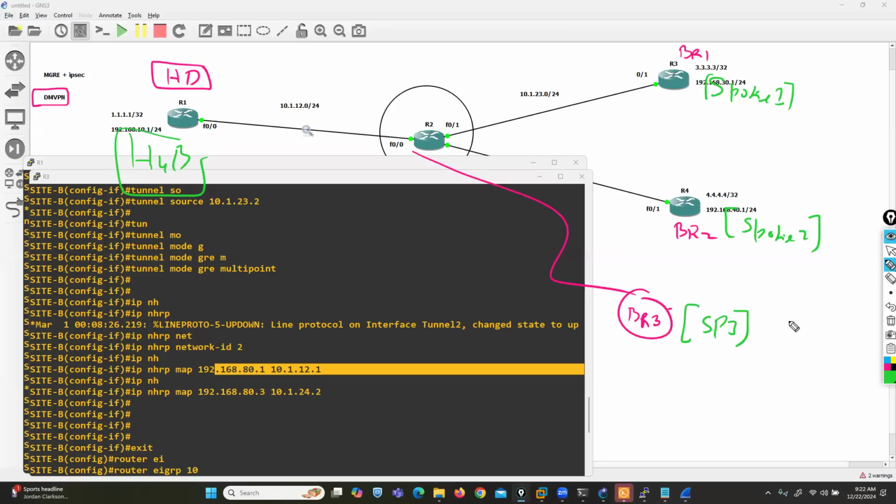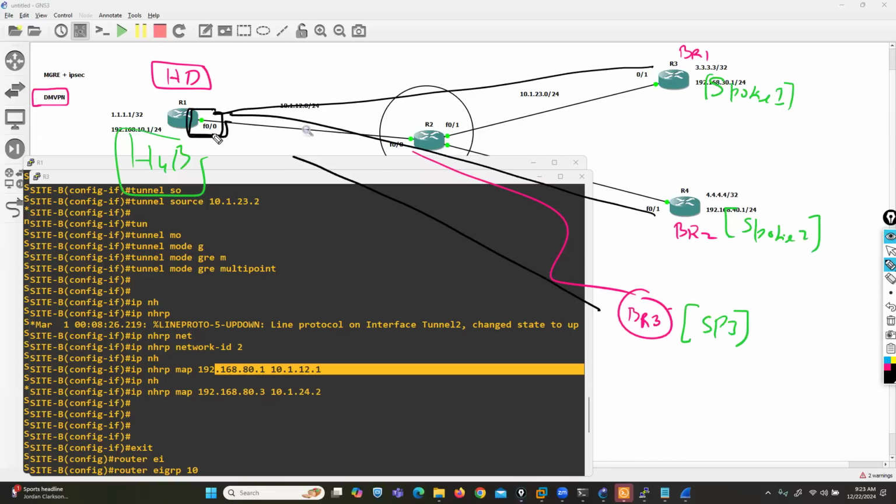In this scenario, all the spoke routers will register with the head office, with this hub router. All the branch offices will send a registration request to the hub router. And once they register with the hub router, now if they want to